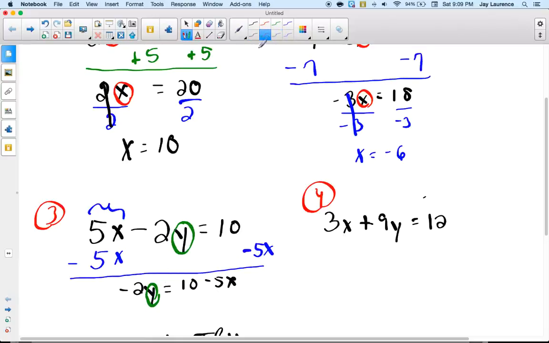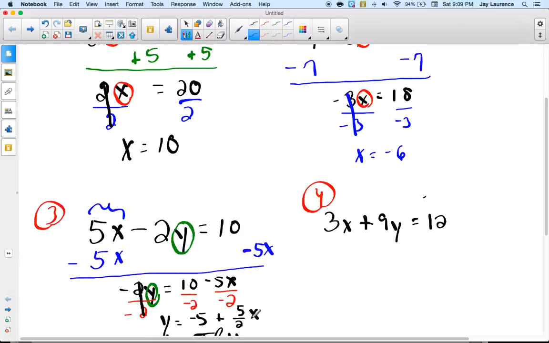And now I'm going to have to divide by -2 here, here, and here. Some of you are forgetting to do that. We have to divide by -2 in all 3 places. So when I do that, the y gets isolated, right, because the -2's cancel. 10 divided by -2 is -5. These two negatives will cancel, leaving me with